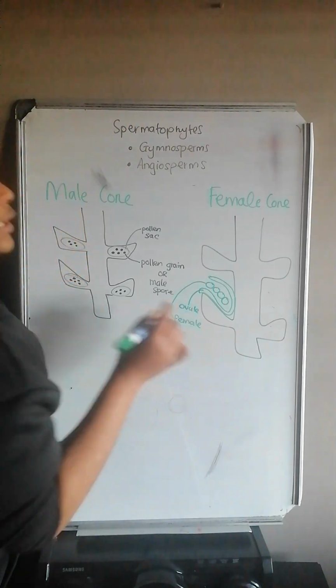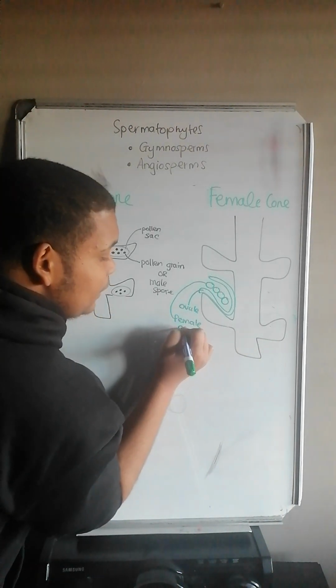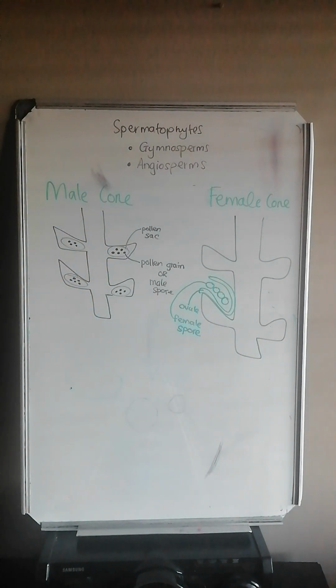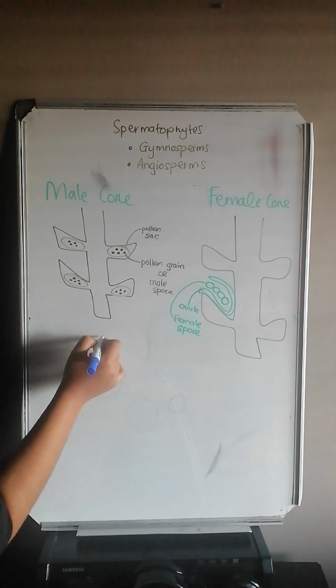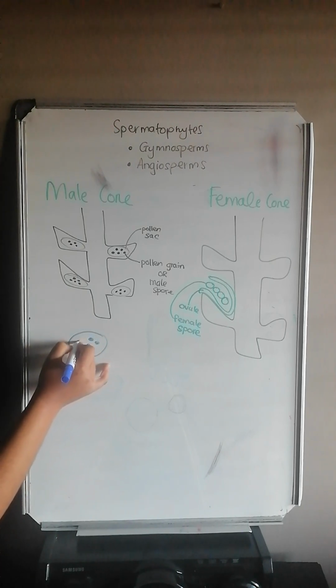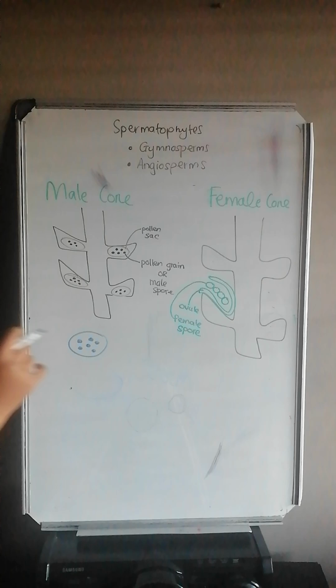Don't say female pollen grains, because it's not female pollen grains. It's female spores. Now what happens is the male pine cone will release its male spores. The pollen sac will burst. It will release its pollen grains. So if this is the pollen sac here with the male spores inside of it, and this here is